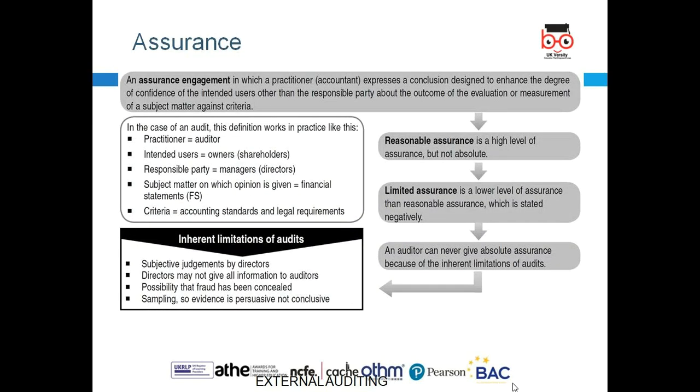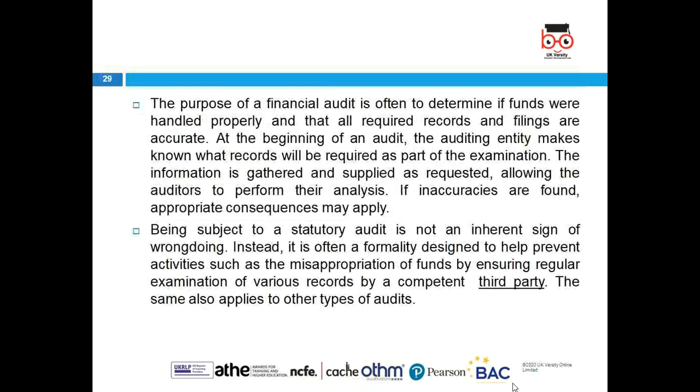External auditors give assurance with the practices expressed in the conclusion. It is designed to enhance confidence. That's why we're doing it. External audit gives reasonable assurance. We can't give absolute assurance that everything is 100% correct. We look at what we have seen under the current law, and it is true and fair. Maybe the law will change in future and then that may not be true. Any questions? This is fine.